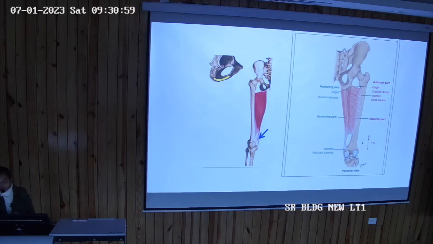So this is the attachment of adductor magnus. It has two parts, the adductor part and the ischial part. The adductor part takes origin from the conjoint rami and is inserted over the medial margin of the gluteal tuberosity, linea aspera and supracondylar ridge. The ischial head takes origin from the inferolateral part and is inserted over the adductor tubercle. Now, what is the nerve supply? The adductor part is supplied by,